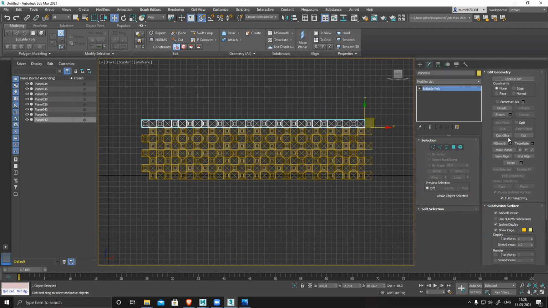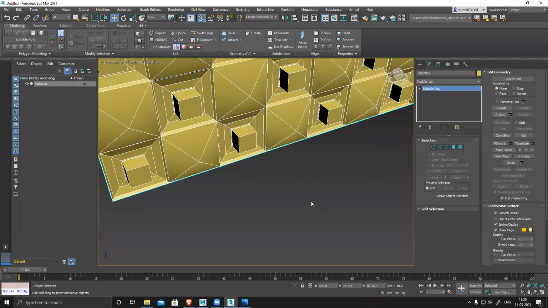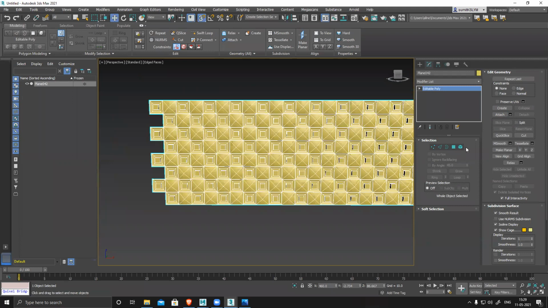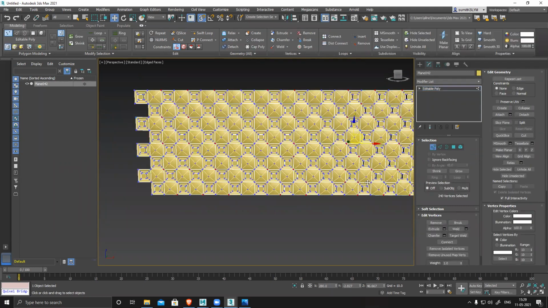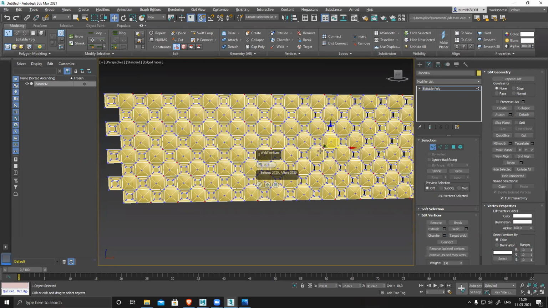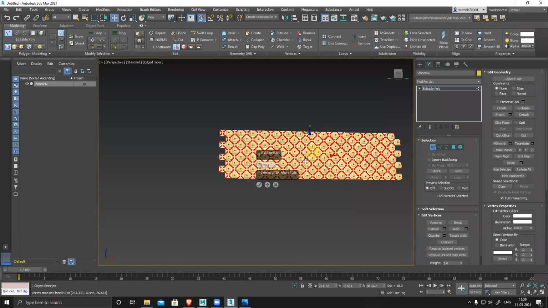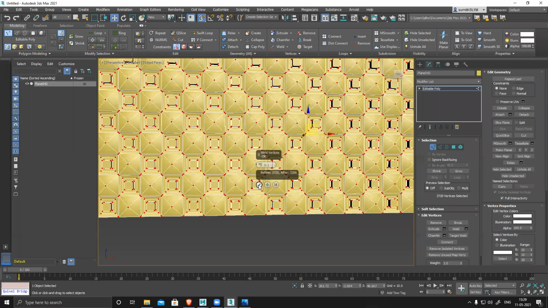Now select this, attach, attach, attach, attach. All of them attach. Perspective. So basic structure is ready. Now I have to weld it properly. So I'll go to vertex mode and click on weld. 3720. You can see it's not showing anything. Nothing is changing because nothing is selected. Select, and now you can see 3286. It should fix everything.